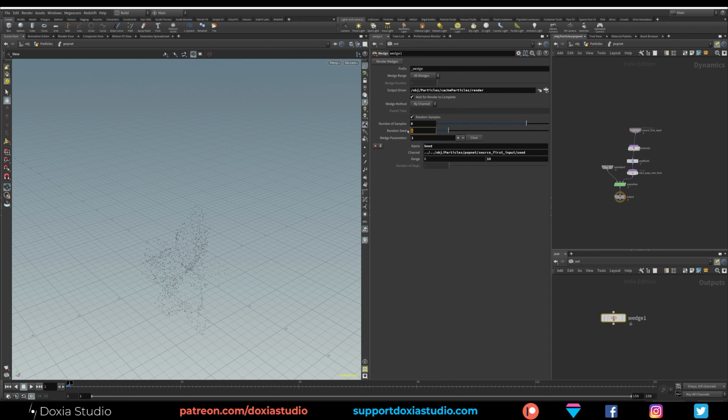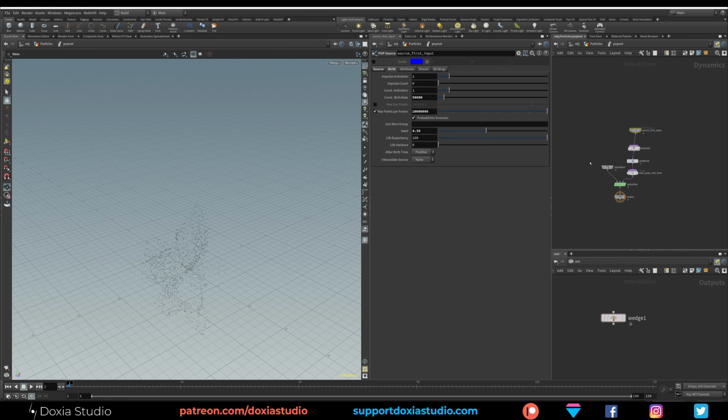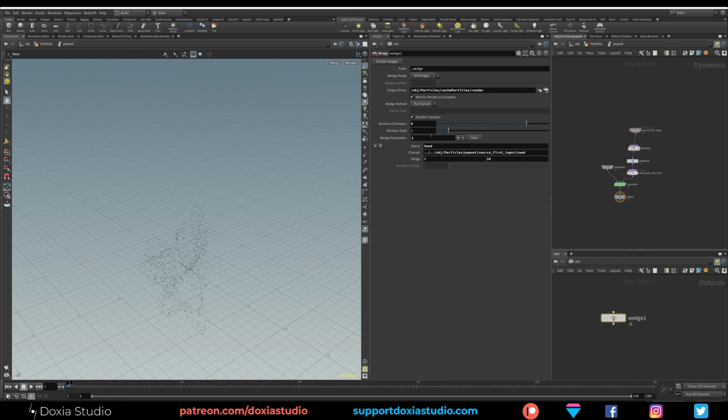If we leave the seed here, each time we press render wedge and we don't change the random seed, for example, the second runtime will always be the same number. So in case you want to change those random numbers that we got here, you need to tweak this random seed. If you are just running one time, you don't need to change this. And now we can add as many parameters as you want.